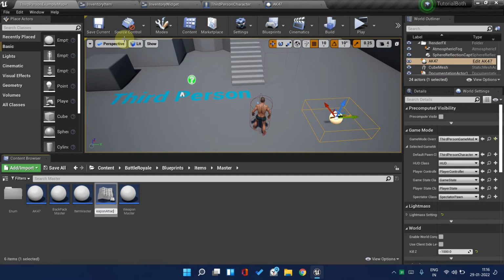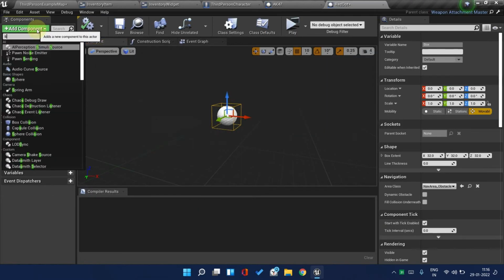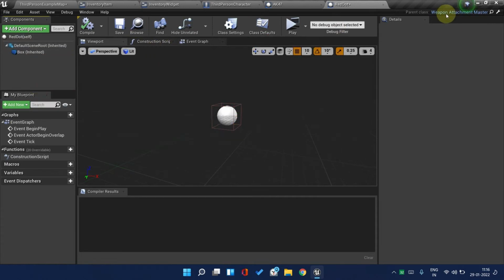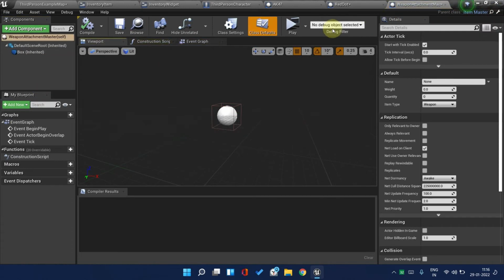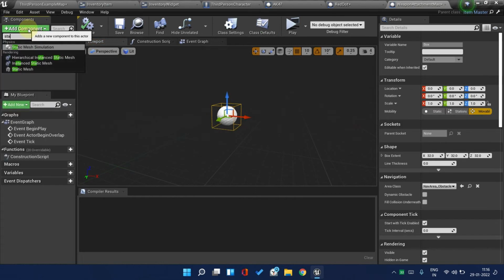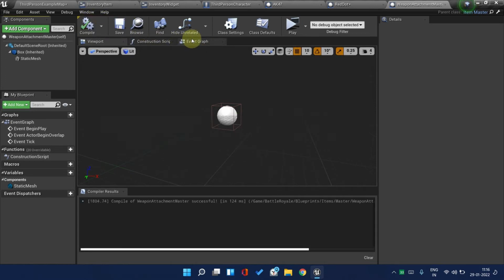Weapon attachment master. Right click, create a child blueprint and name it red dot. Open this. Go to the weapon attachment master box and add a static mesh. Nice. And in the event graph,